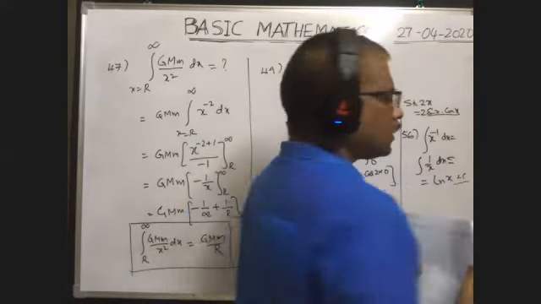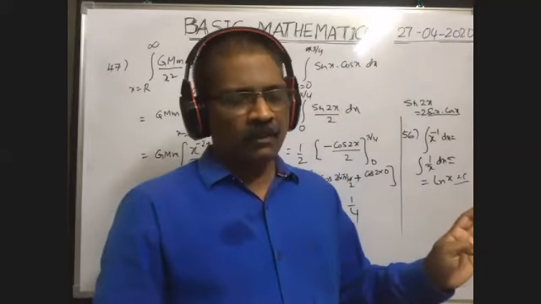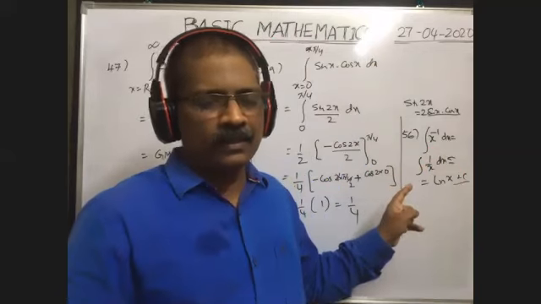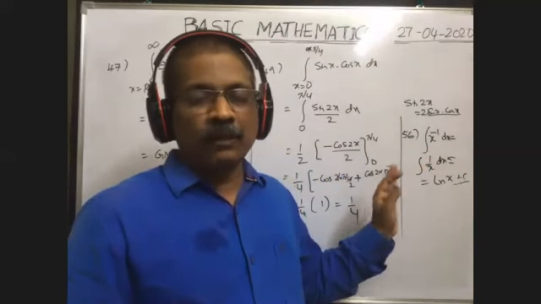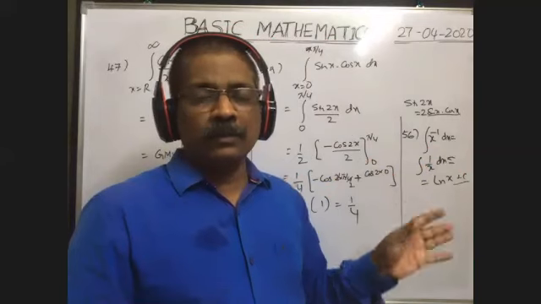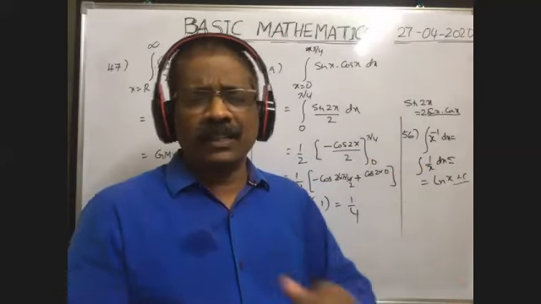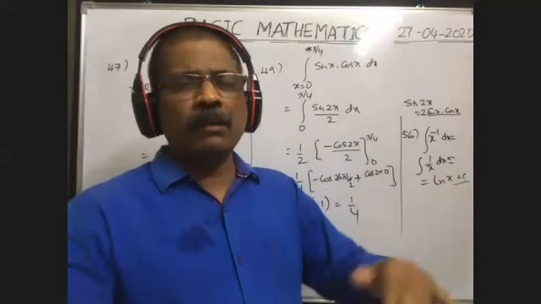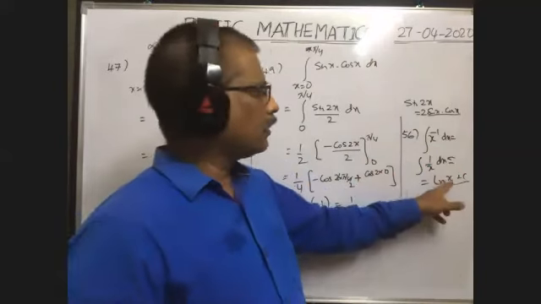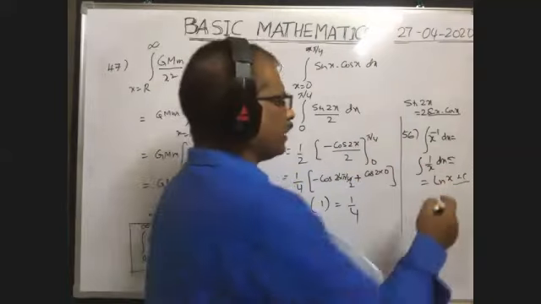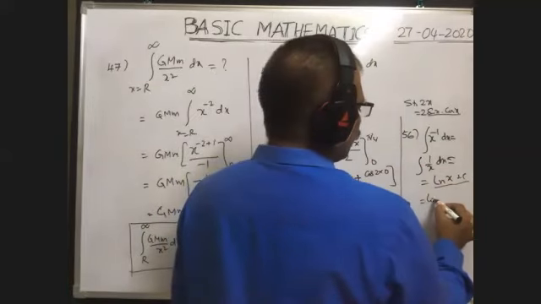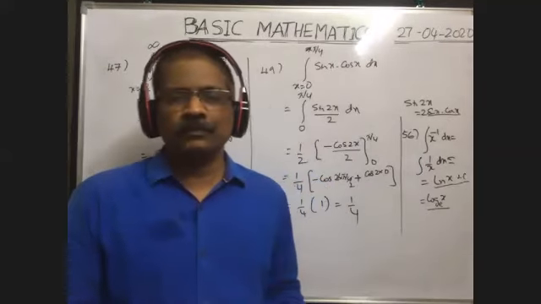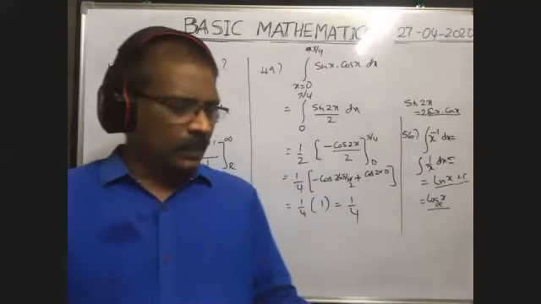But in the given options, you see 1 by ln x, ln x square, ln, 1 by x, like that it is given. So the integration constant is not given in any option. That's why, in the given options, the best approximation is ln x. That's why here it is mentioned that instead of ln x he wrote log x base e. So it is also correct only, no? Okay, right, this is one more.